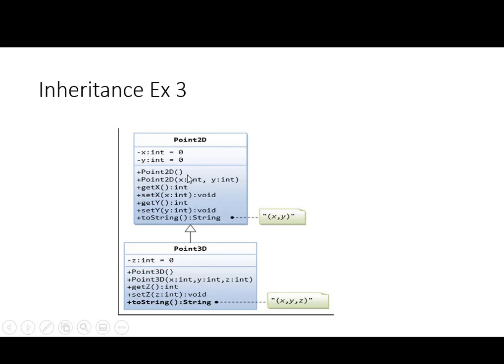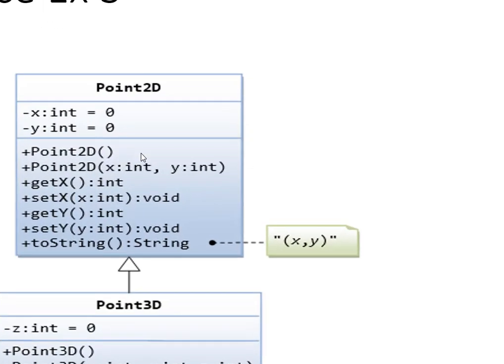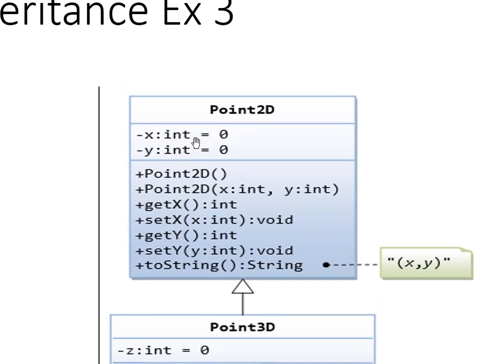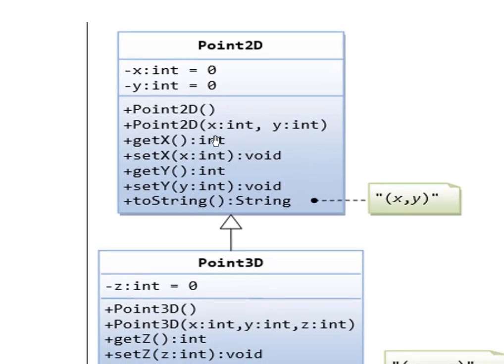Okay, and what we're gonna do is create two fields, x and y, for 2 dimensions. X will be an integer, y will be an integer, the default value will be 0, and both of these fields will be private. As you can see over here we have minus signs, which define that these two fields will be private. In the next part we have all the functions which will be available within this class.